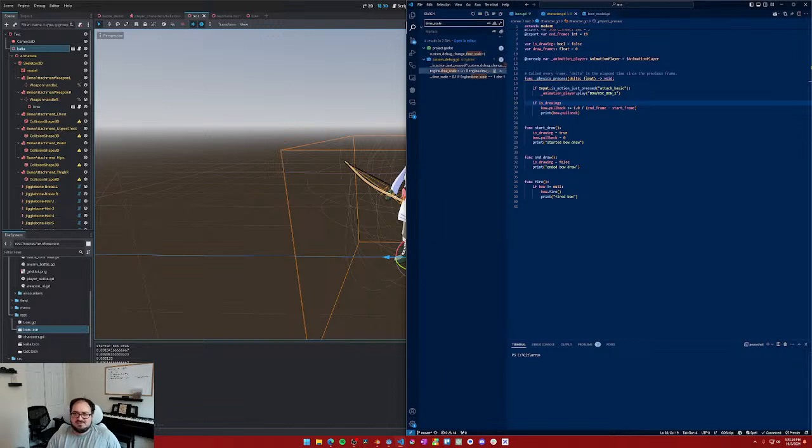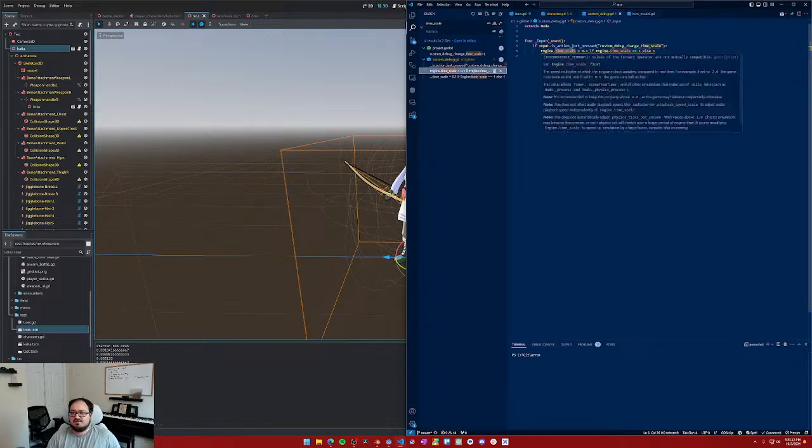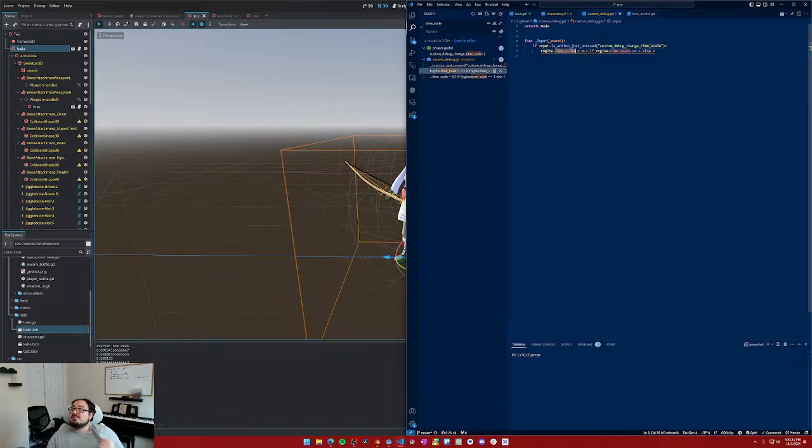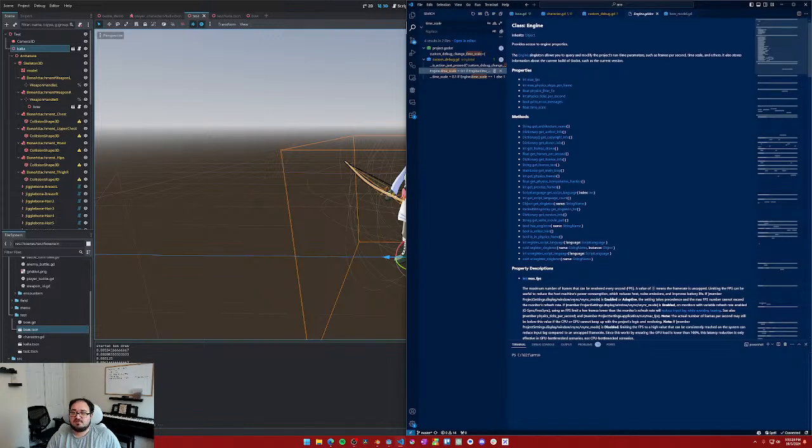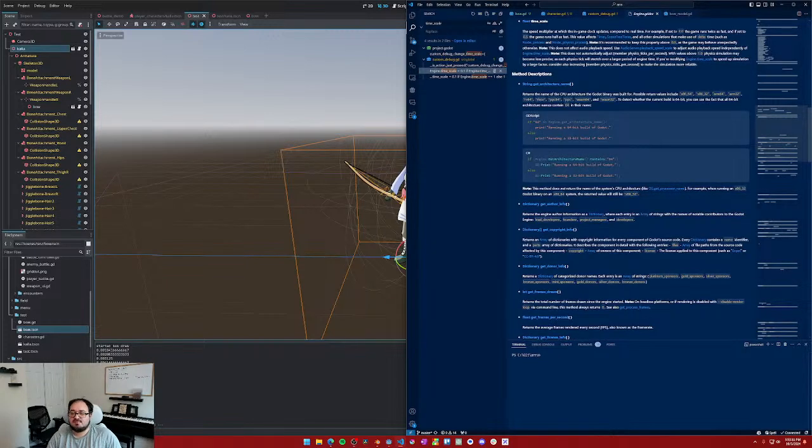Yeah, it's Engine.time_scale, which allows the game to slow down basically. So that's why we could look at it as slow-mo, right? Okay, time scale. So if we look at the time scale,